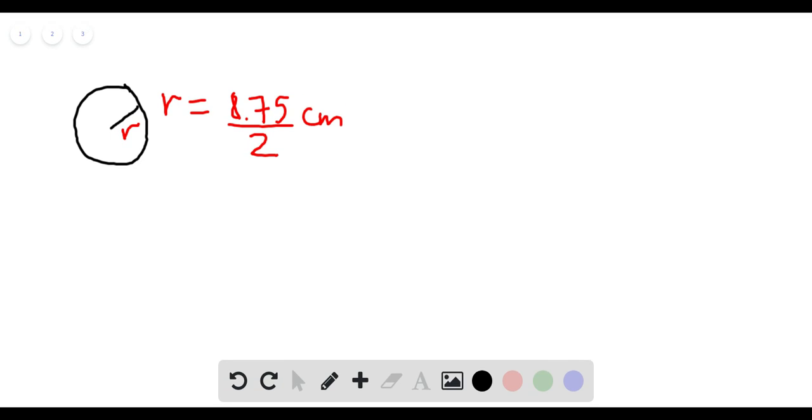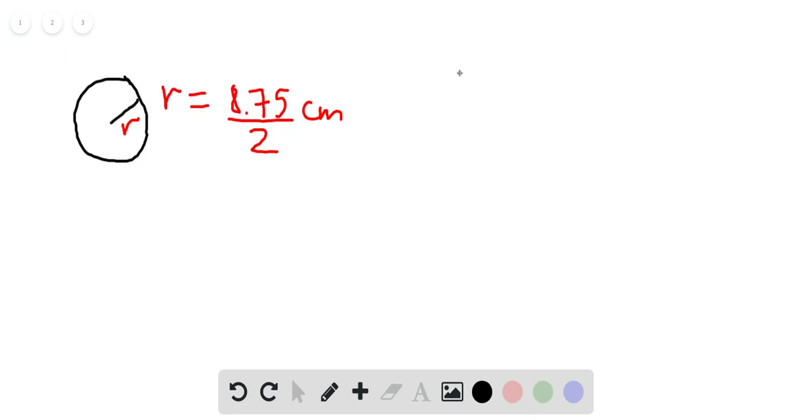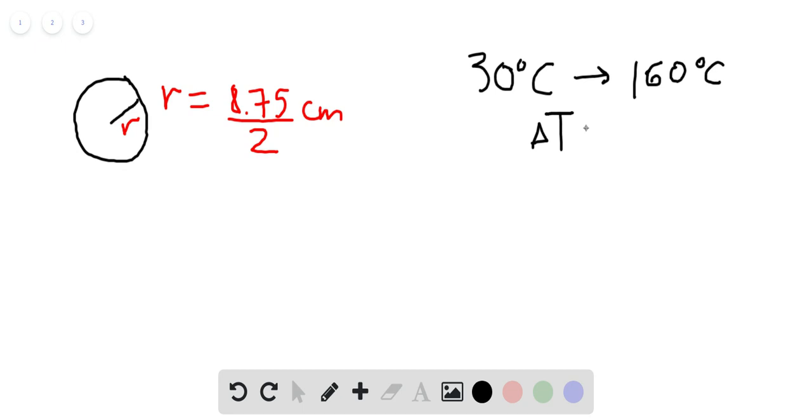Hi everyone. In this problem we're asked to find the change in volume in an aluminum sphere if the temperature changes from 30 degrees Celsius to 160 degrees Celsius, which makes a total change in temperature of delta T equals